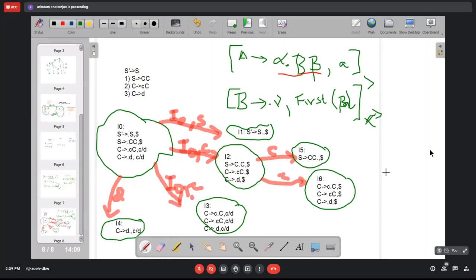But because of this distinction, the problem I just mentioned a few minutes back, that there was shift reduce conflict in the SLR1 parser table, that kind of problem may be eliminated using an additional look ahead symbol in the item set. If there is still shift reduce conflict, instead of one look ahead symbol, you can use two look ahead symbols, and that way it continues.